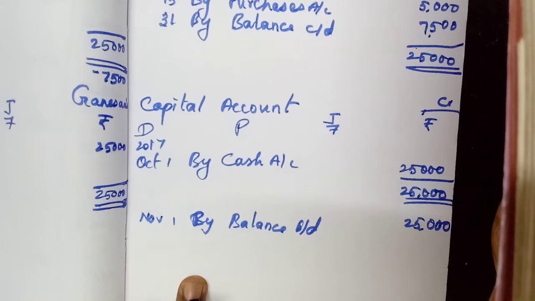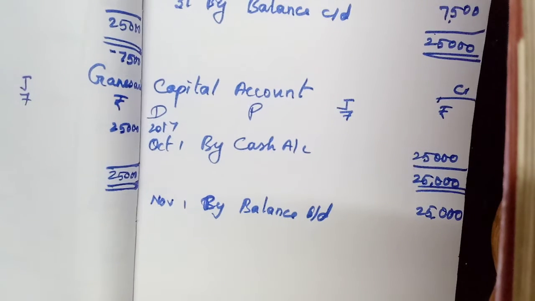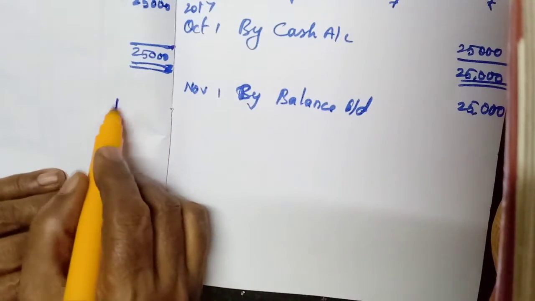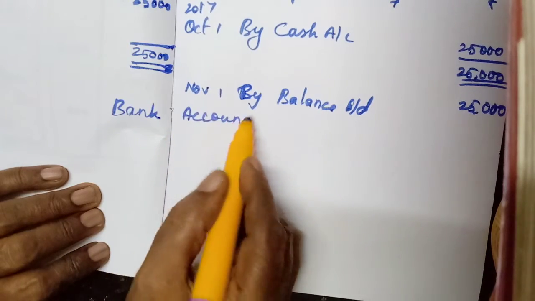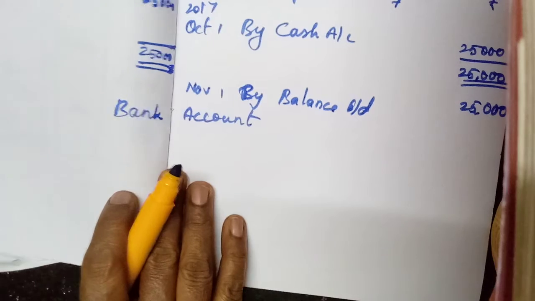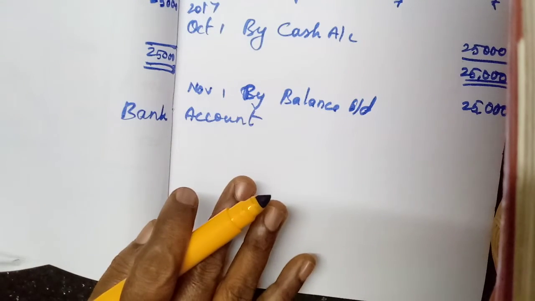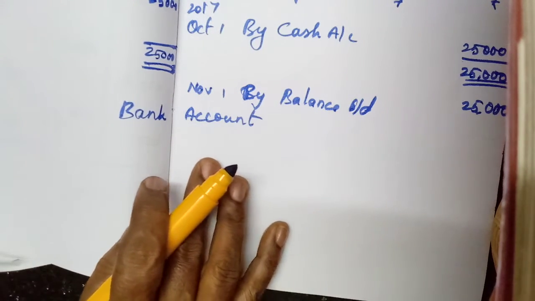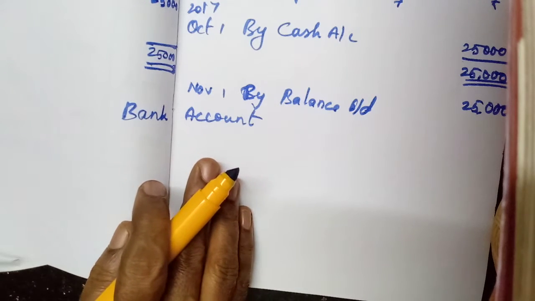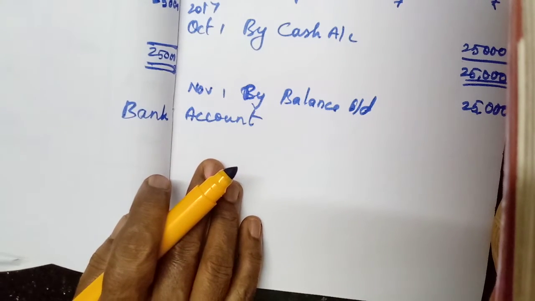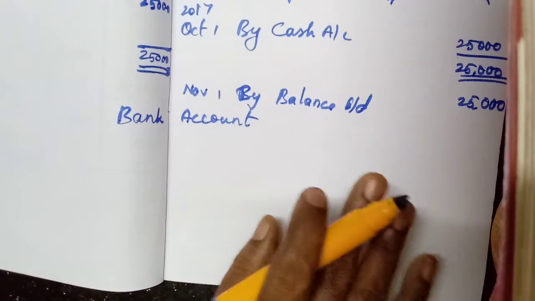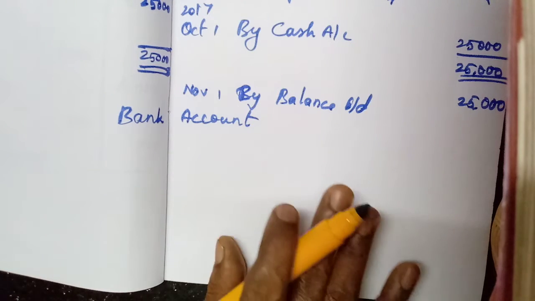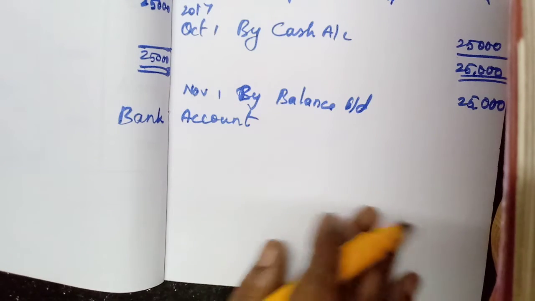Now next one, bank account. Each and every account we have to open. Bank account. If they have asked many accounts like this, you write the account and write the details. The particulars, date and all, no need to write. After completing the problem, if you have enough time, then you can write. Otherwise, post the date and write that amount. Because there will be an accountancy paper and an accountancy notebook also, so no need to draw a line.